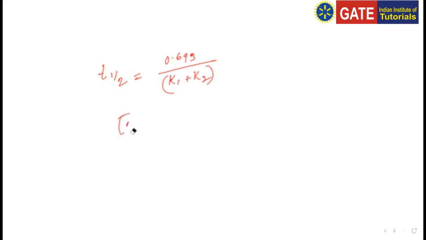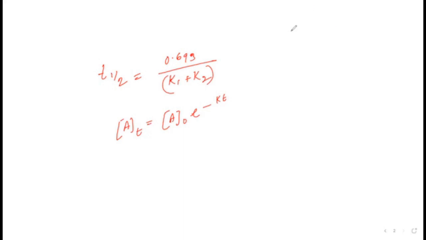T half will be like a first order reaction, 0.693 divided by k. A will be, let's say, the concentration of A. I meant that A at time t will be, remember, A0 e to the power minus kt. It happens like for the first order, right? So this will change to k1